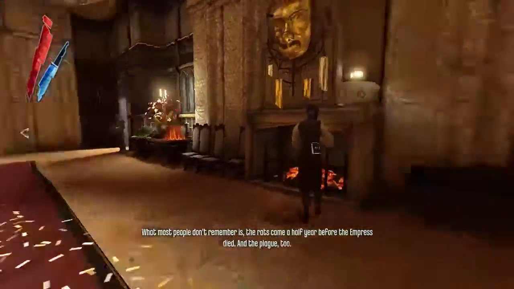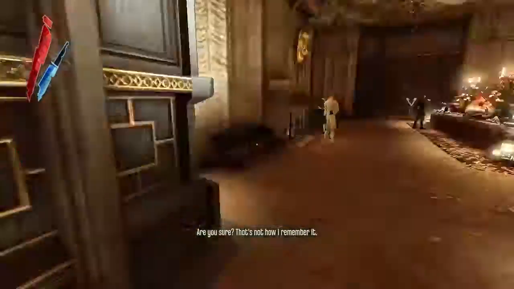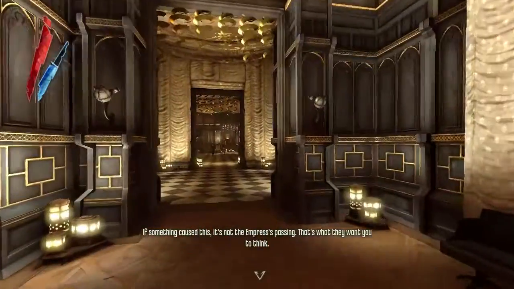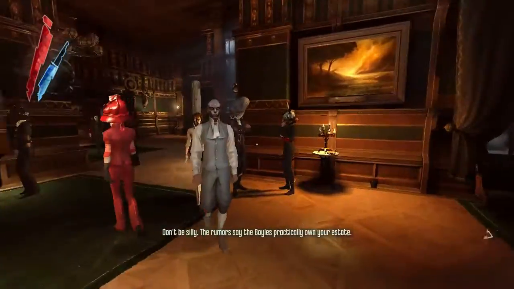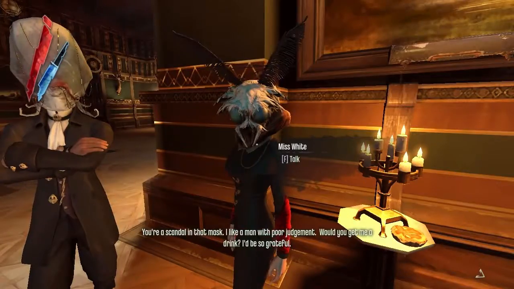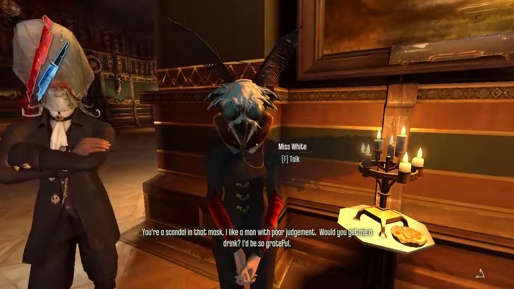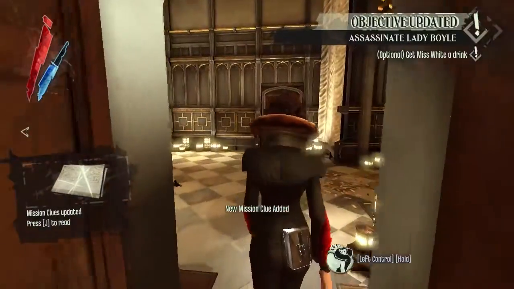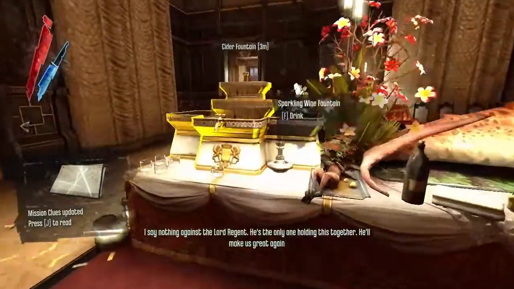And you don't know which one's which, and you need to figure out her identity, which is another reason this is my favorite level, is you gotta play detective. And there's a few ways of doing this, and one of the easiest ways is to talk to this lady. Her name's Miss White, and she's going to ask for a drink. And to do that, it's just over here. So we get her a drink,